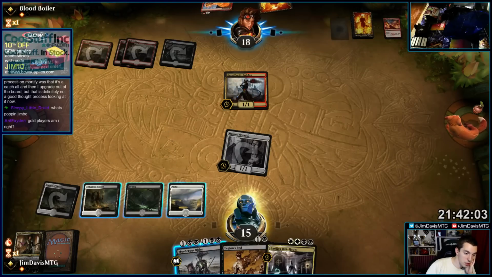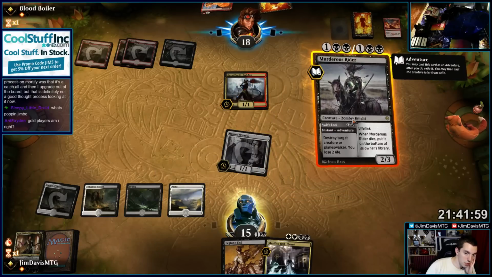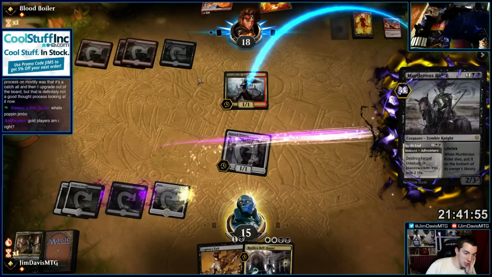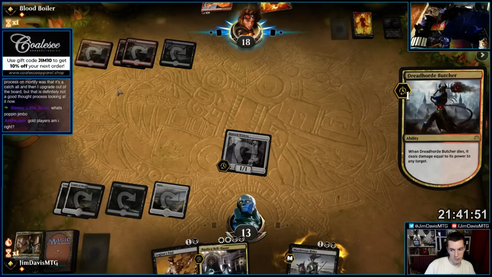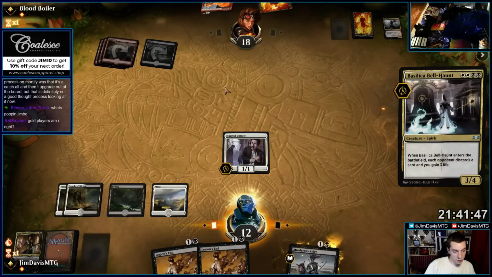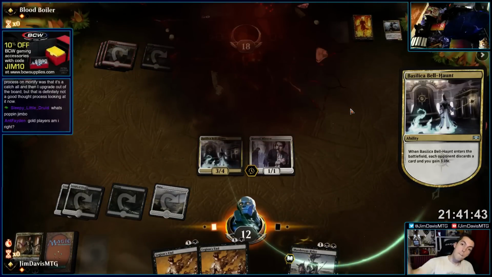I'm sorry, not Mortify, Murderous Rider. Whatever. You know what I mean. Obviously, Legion's Ending the Butcher is nice, but that means we can't cast Bell-Haunt next turn, so I'd rather just do that. There's a lot of Legion's Ends. Their last card is...